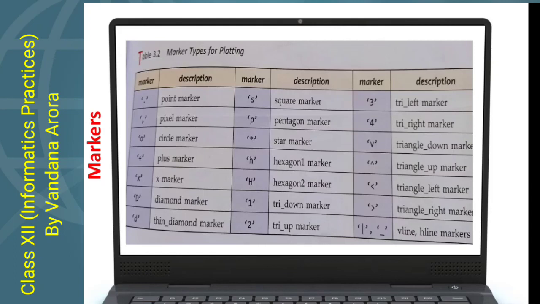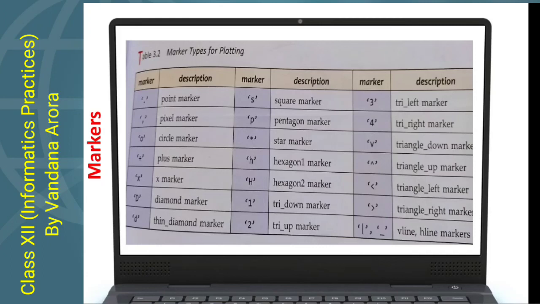These are the different markers. You can see in the previous code I have used the hexagon marker. You can see hexagon has the code H. Clear? Hexagon has two types of marker. One is with a small h and the other is with a capital H. A lot more markers are there.